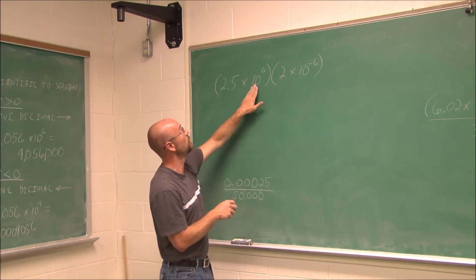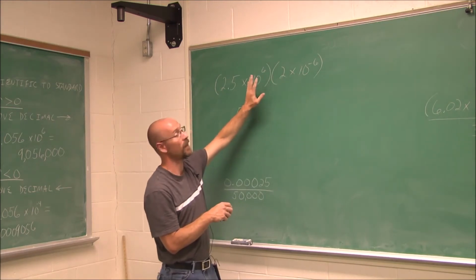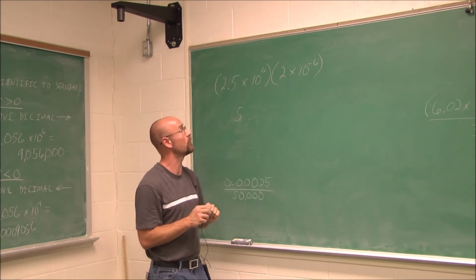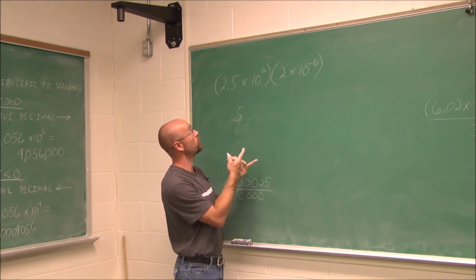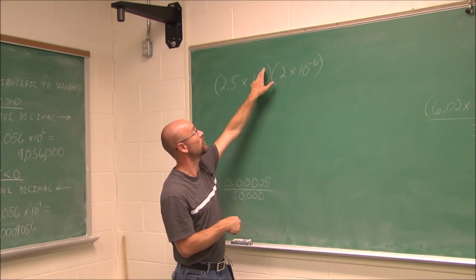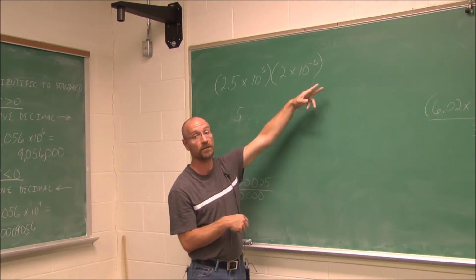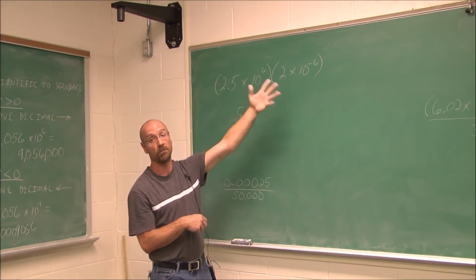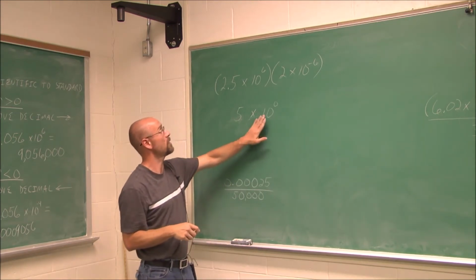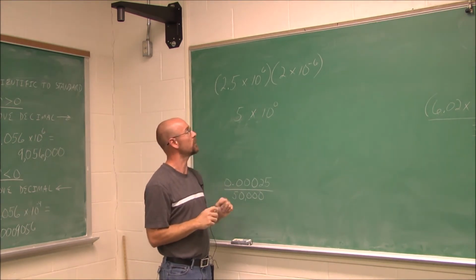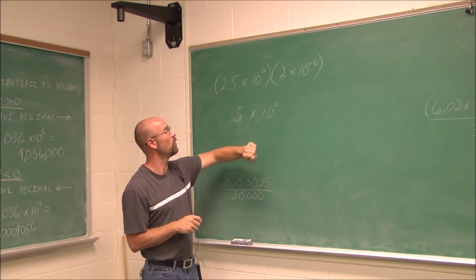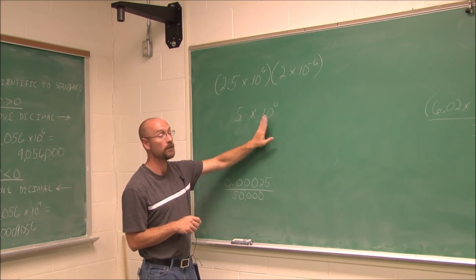Now I can deal with these exponents just like I did the x and y. Well, 10 to the 6th, 10 to the negative 6th. I can use the rule of exponent called the product rule because I'm multiplying them together, a product. So the product rule says I just add them. 6 plus a negative 6, that's the same as 6 minus 6, which would give me 10 to the 0. So 5 times 10 to the 0. Well, I can simplify that further because anything to the 0, one of my rules of exponents, the 0 rule, is 1. 5 times 1 is just